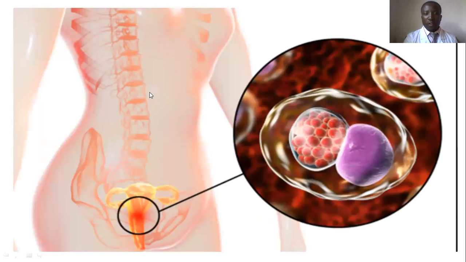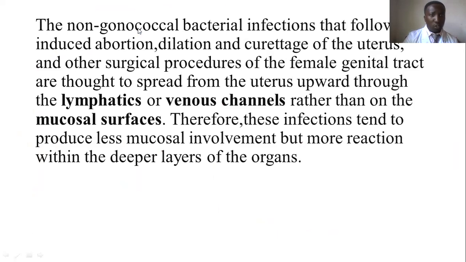This is the other diagram of ours, but in this case they are showing us chlamydia. By the way, Neisseria gonorrhea and chlamydia are in the group of intracellular bacteria. So these are chlamydia bacteria that I'm trying to show you. Although the illustration is the same, we see that the non-gonococcal